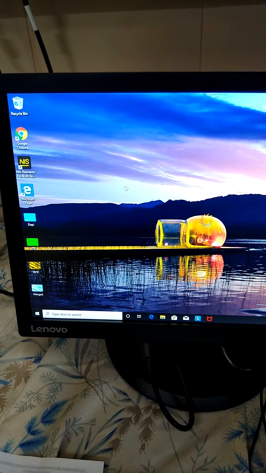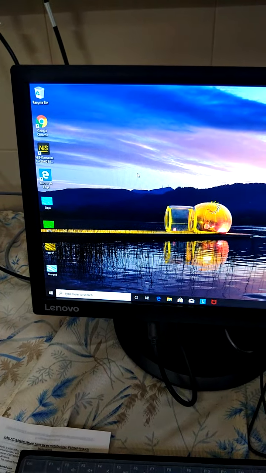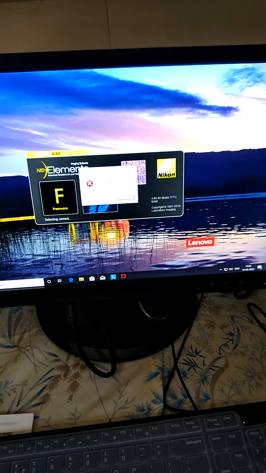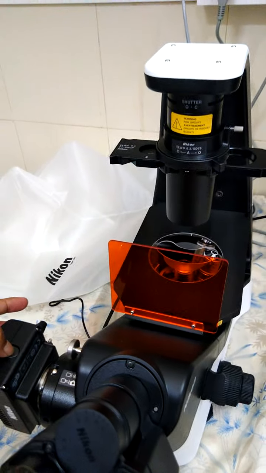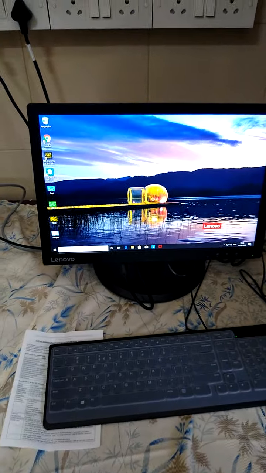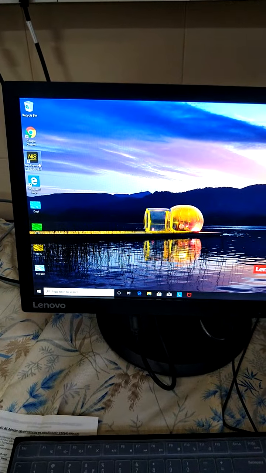It is loading now. It is showing it couldn't open the camera driver, so you need to press this on, and again we will try to start this.